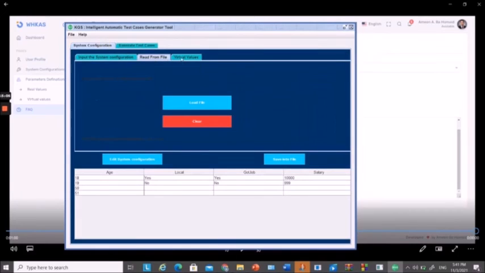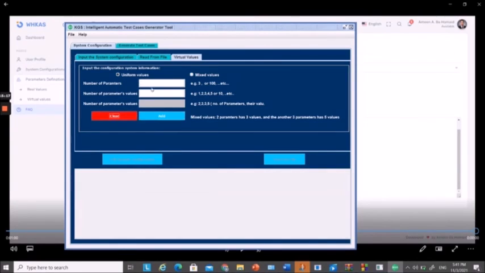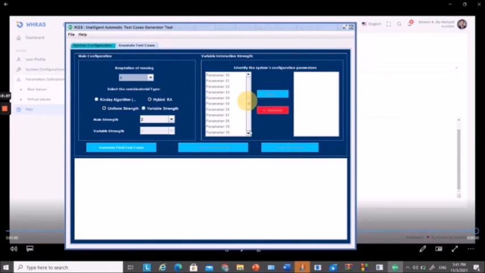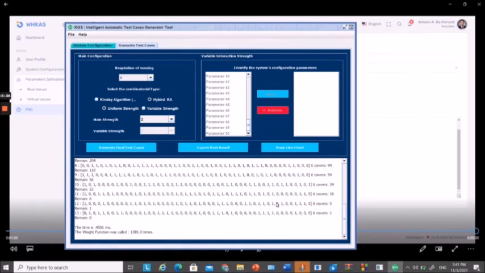If you want to read virtual inputs, say I want to show 50 inputs with 2 values each. Here we clear first, and this is 50, and this one is 2 values. So you can see here 50 inputs. Let's generate for only 50 here. If we generate, how many test cases are required to cover all? We can see it generates only 13 test cases